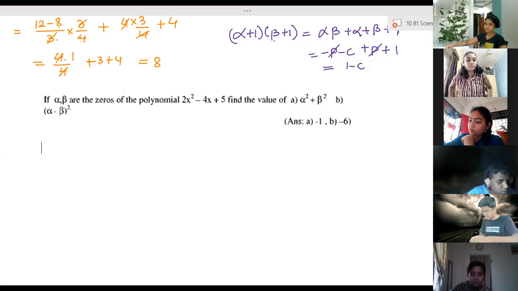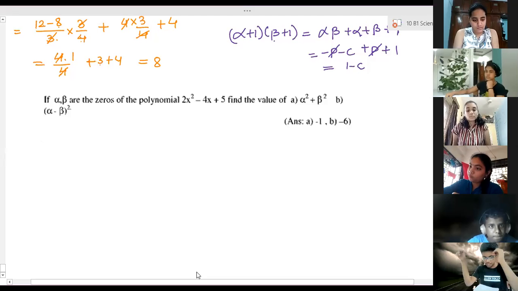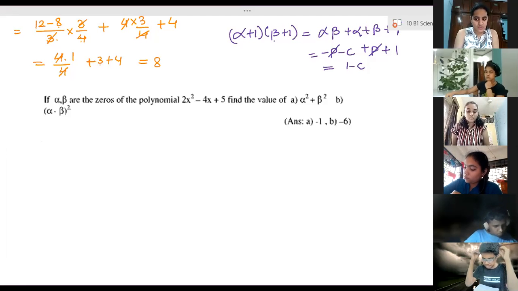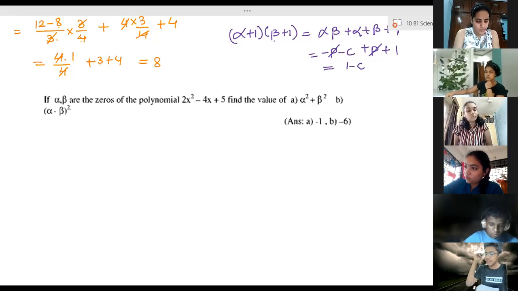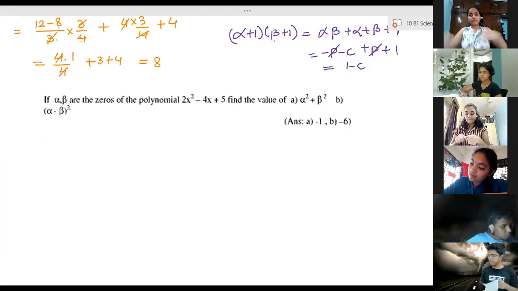First we are starting type 4 with the zero. If you remember the factor theorem you learned last year: if 4 is the zero of the polynomial, then find the value of k. Those questions you learned in class 9 polynomials. We are starting with that, and then the two relations between the two zeros. The 20th question is similar to class 9. The first four questions, 20 to 23, are of class 9, so try solving them first.